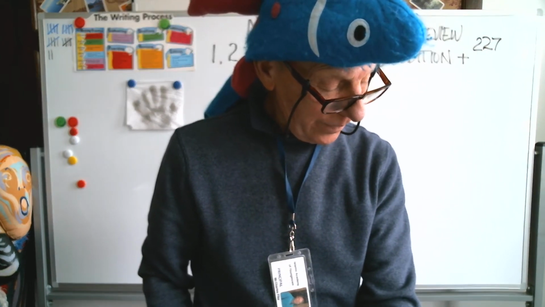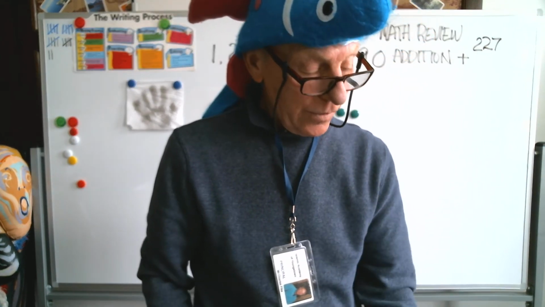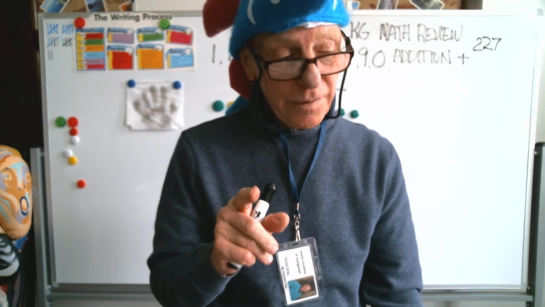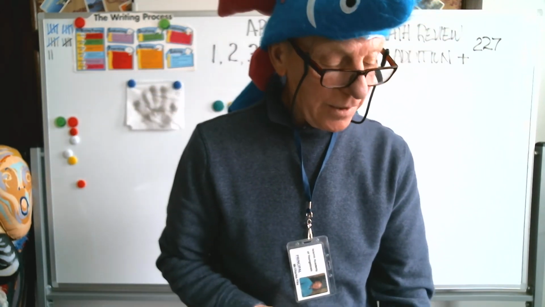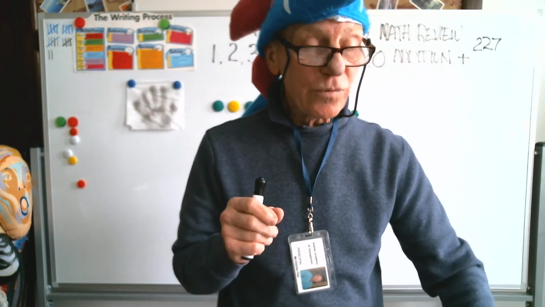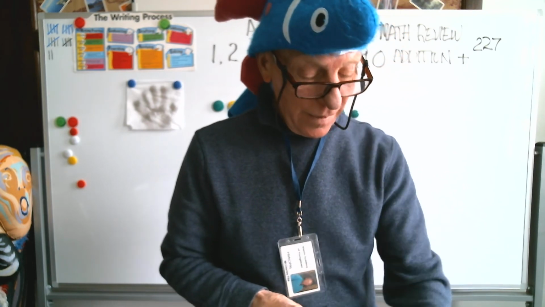And then you have some exercises where you get to solve some problems. Now, you're probably going to need just a little bit of help from your parents, because in order to do this work on pages,